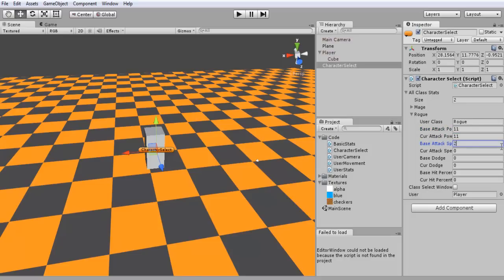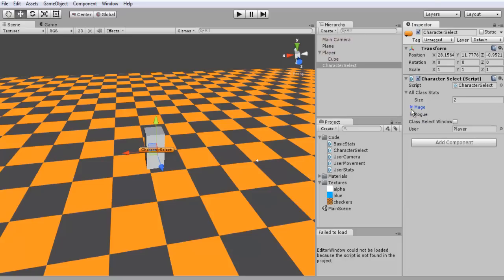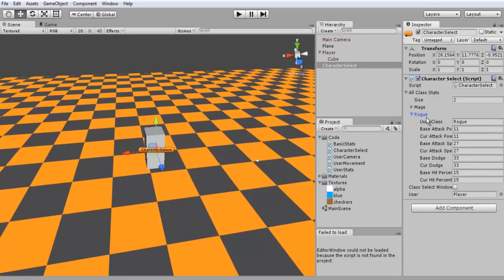So, yeah, I'm just going to type in random numbers. Feel free to do whatever you want with this. I kind of messed that up. 733, like that. So now that we have our base stats for when we go to create our character,